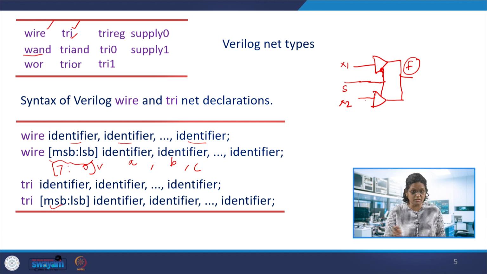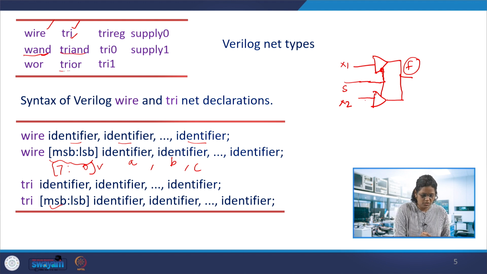Looking at the truth table of this wire AND function and tri AND function, both will be the same. AND logic, which is simply forming the AND configuration between the signals which are defined as wires, and here the AND configuration is again formed among the F or the tri signals, the signals which are driven by multiple drivers, which can have the tri AND.